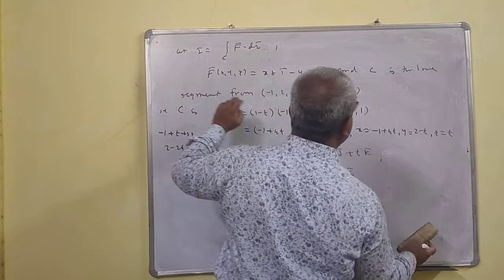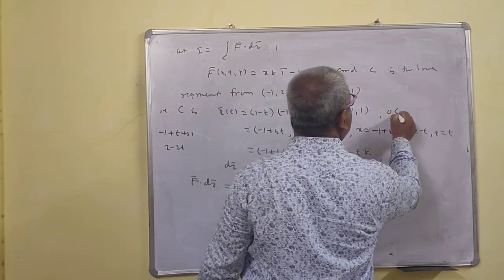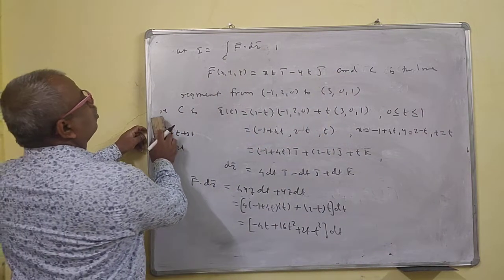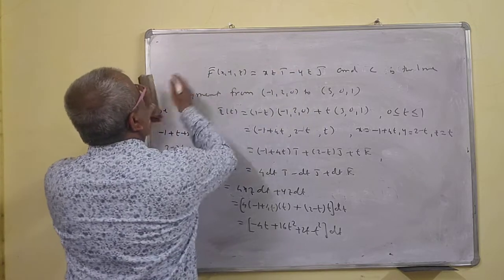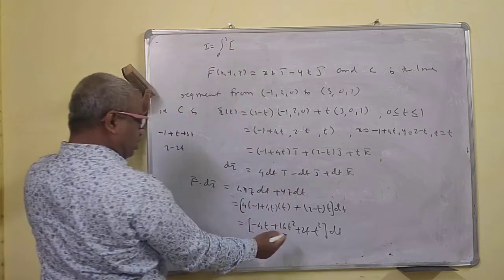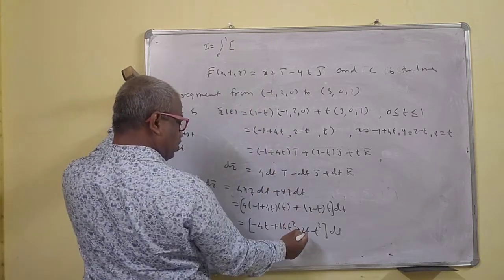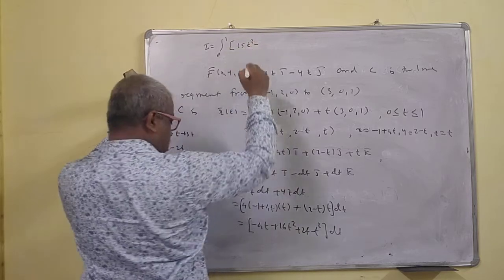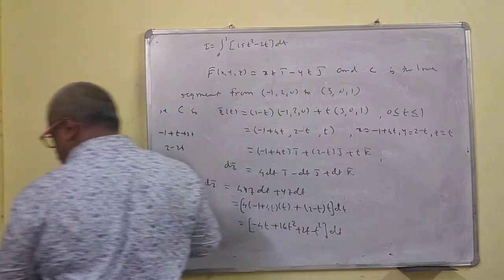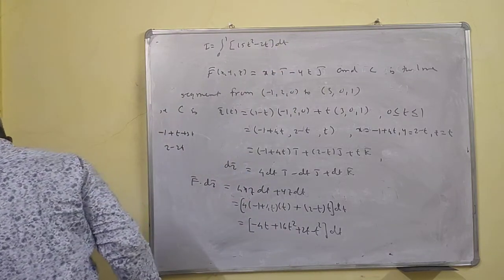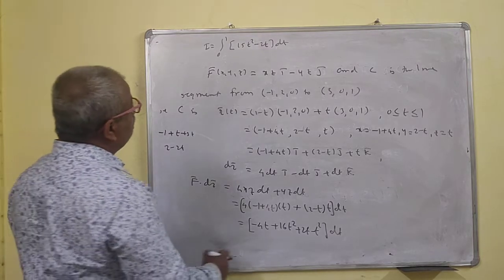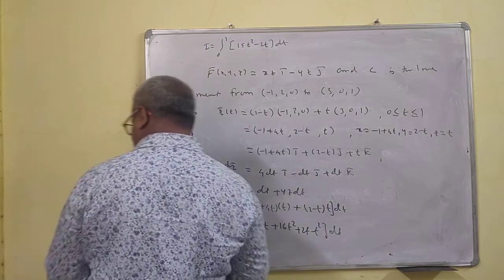Okay, now we'll integrate this. Your t is what? Here, since it is a line, t always lies between 0 to 1. Okay, so I is equal to integration from 0 to 1. We will simplify this. Minus 4t, and this is what? 16t square, minus 2t dt. Oh, not 16 t square minus, okay.